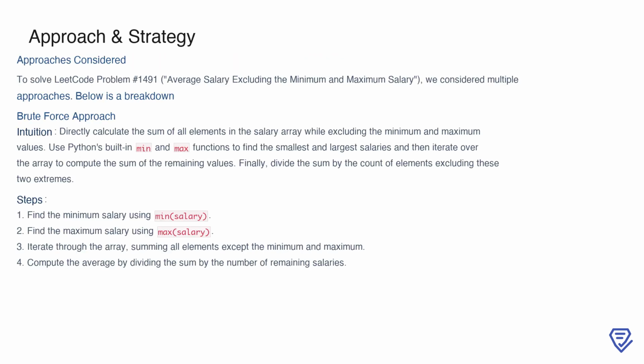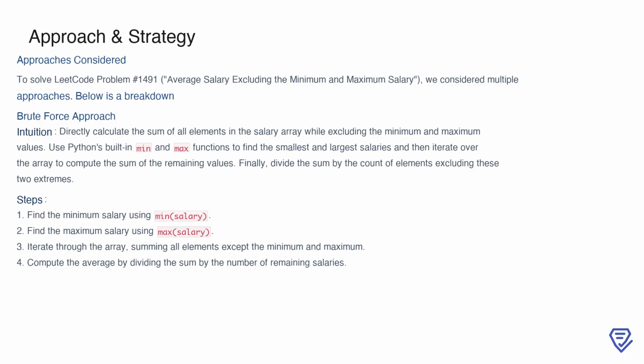To solve the problem of calculating the average salary excluding the minimum and maximum values, we considered multiple approaches, beginning with a brute force method. The intuition behind this approach is straightforward. First, we identify the smallest and largest salaries in the array using Python's built-in min and max functions. Then, we iterate through the array, summing all the values except for these two extremes. Finally, we calculate the average by dividing the adjusted sum by the count of the remaining salaries. While this approach is simple and leverages basic operations, it involves multiple scans of the array, which we'll analyze further